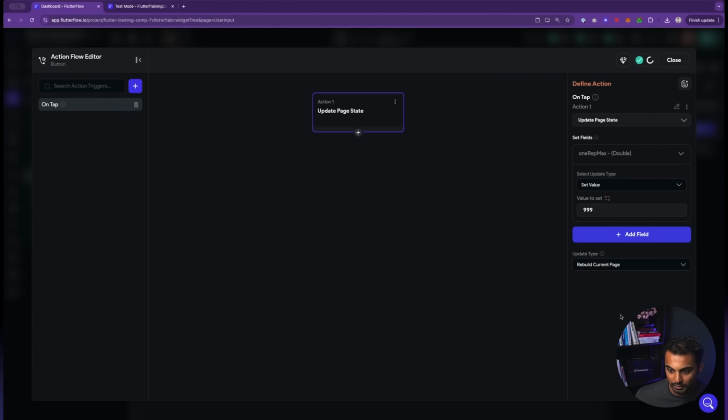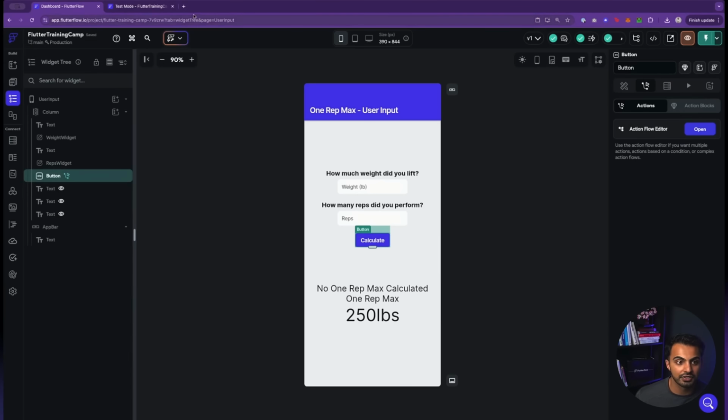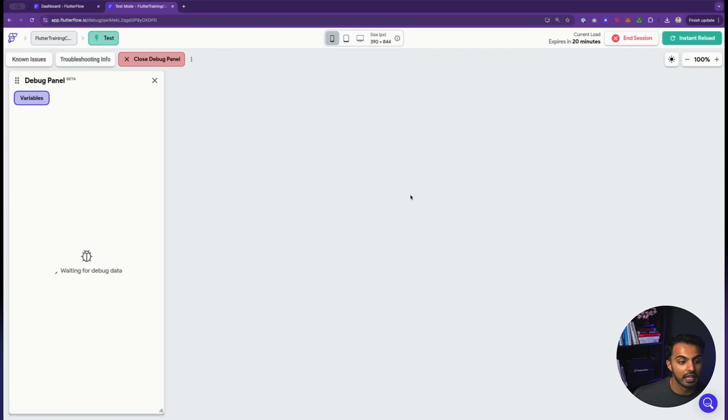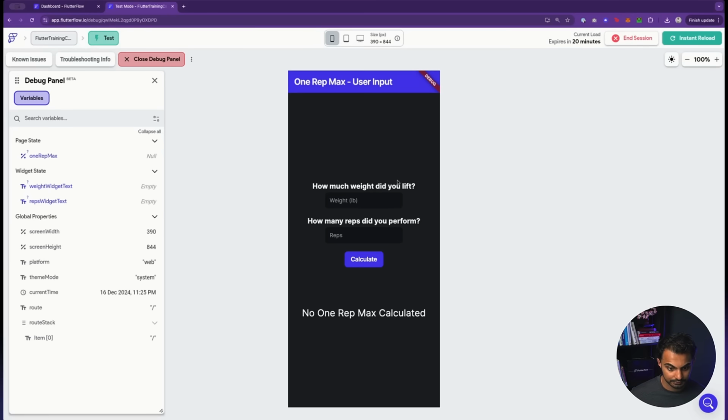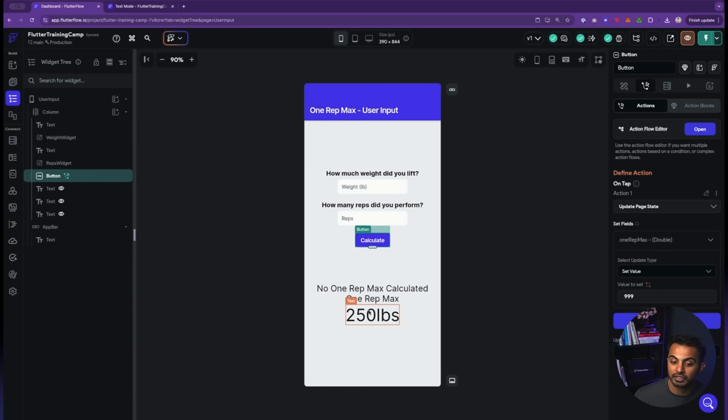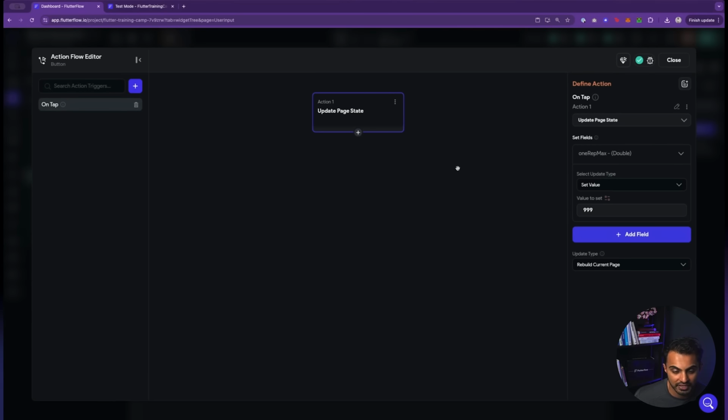Okay. So we'll hit rebuild current page. Now I'll close this out and we are going to test the app. And the functionality that I'm looking for here is, does the app update this text right here to the text that is supposed to show when the page state is set? So we'll just put any value here, hit calculate, and boom, that worked. So essentially, my logic here for the conditional visibility is working, and the page state variable is getting successfully set.